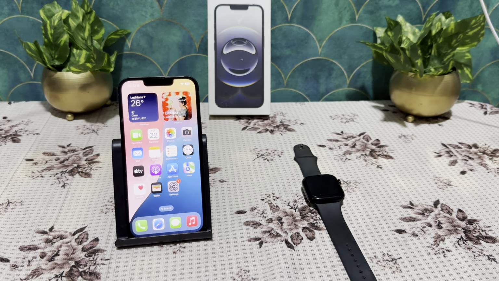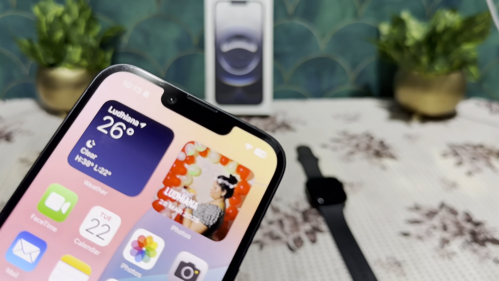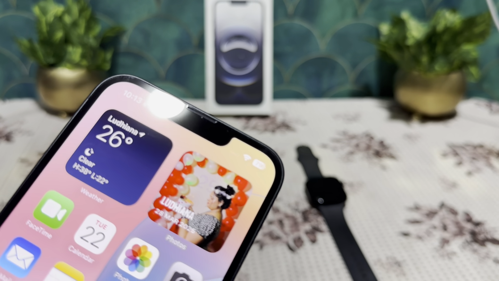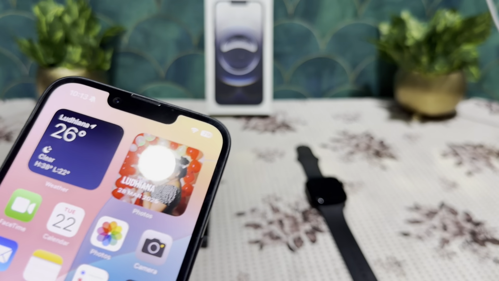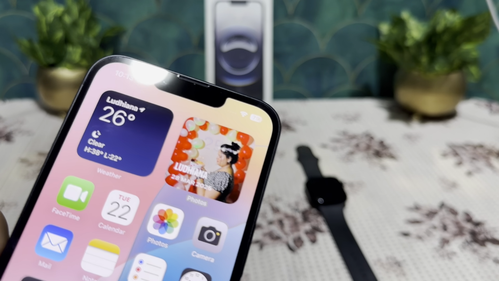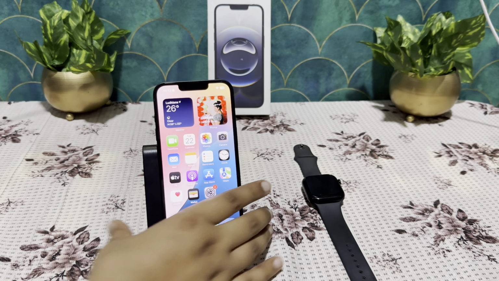Next one is to inspect the TrueDepth camera. Check that the TrueDepth camera is unobstructed by a case, screen protector, or debris. Make sure with the front camera, as you can see here, that there is no dirt or debris in front of it, and no obstructions, either a screen protector or any mobile cover or something like that. Make sure to check that.